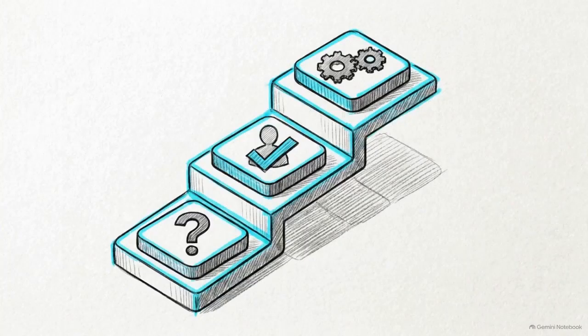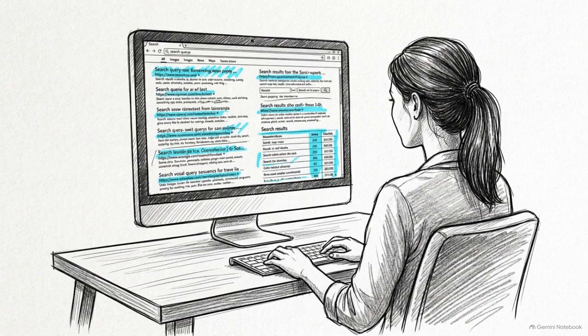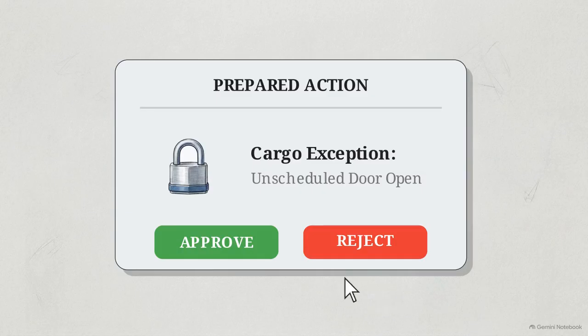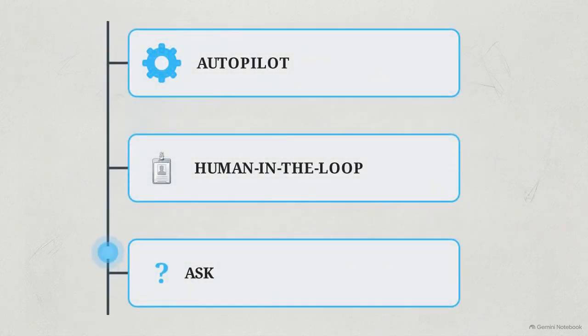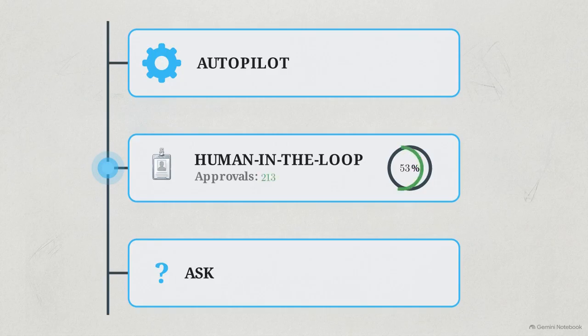Ask, human in the loop, and autopilot represent a single data workflow moving through 3 specific stages of maturity. When an operations director manually asks the same question enough times, the engineers wrap it into a prepared action for a human to approve in the loop. This trust ladder pipeline visualizes the graduation metric. Once a workflow hits a boringly high human approval rate, the system automatically promotes it to autopilot.